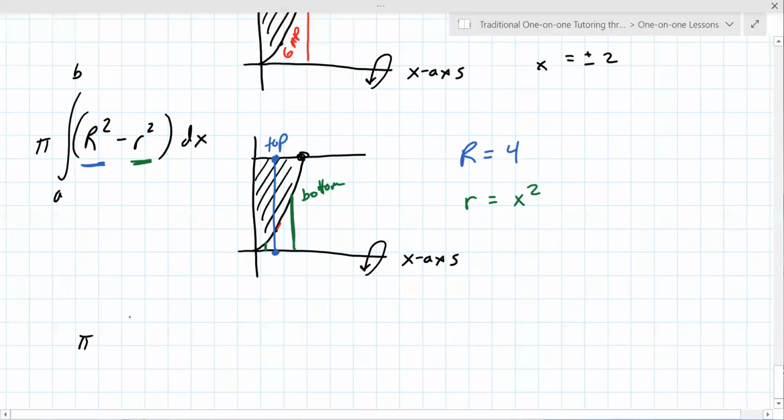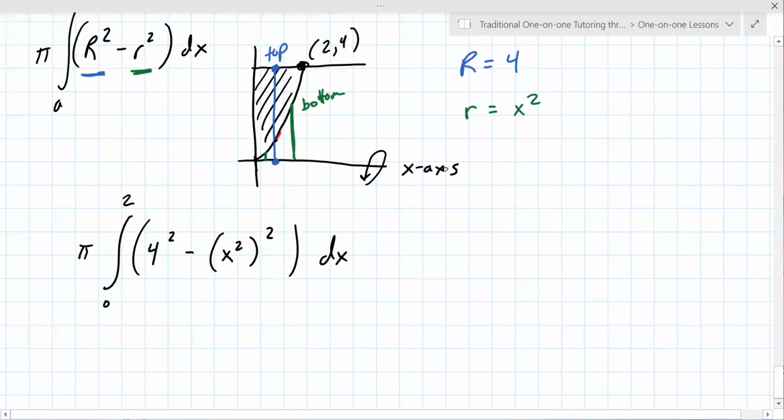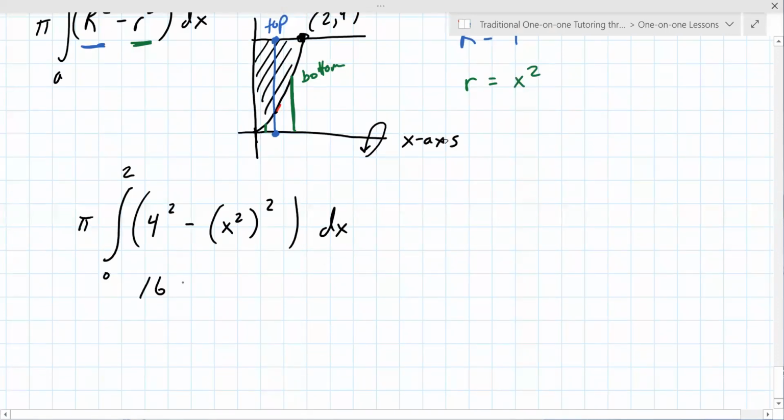So to do this now, we have to find the bounds, the limits of integration. It is not 0 to 4, because it's on the x. So we need to figure out this intersection point. It is 2, 4. So you're integrating from 0 to 2. Because you're doing an x-axis integral, these numbers come from your x-axis. Your big R is 4, your little r is x squared. It's good to write it out and not try to simplify it as you go. Now you can simplify,